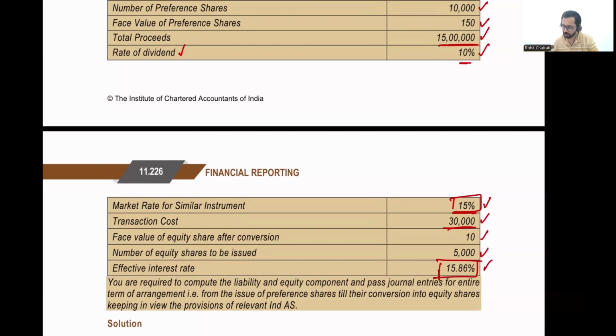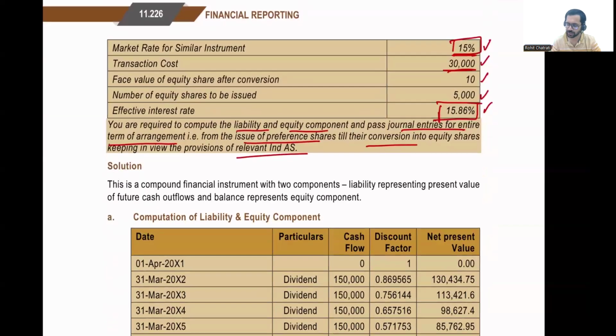You are required to compute the value of liability and equity and pass journal entries for the entire term of arrangement, from the issue of preference shares until their conversion into equity, keeping in view the provisions of relevant Ind AS. All right, so let us actually start. The first step would be calculation of liability. The liability, because the dividends are cumulative in nature, the dividends have the characteristic of liability, and we will calculate the liability amount as the present value of the future dividends, present value of the dividends to be paid for